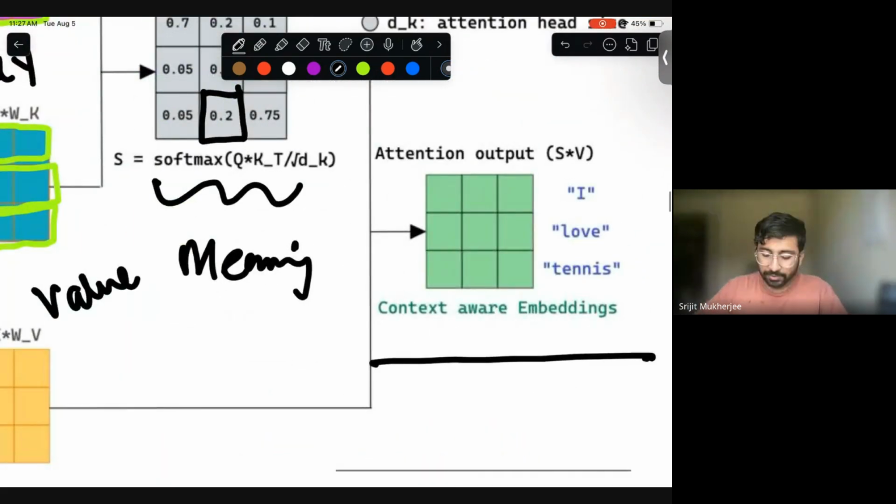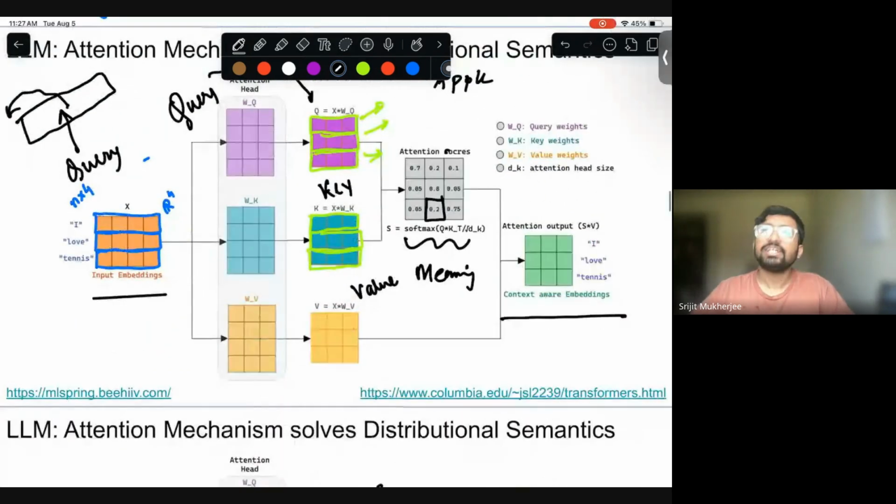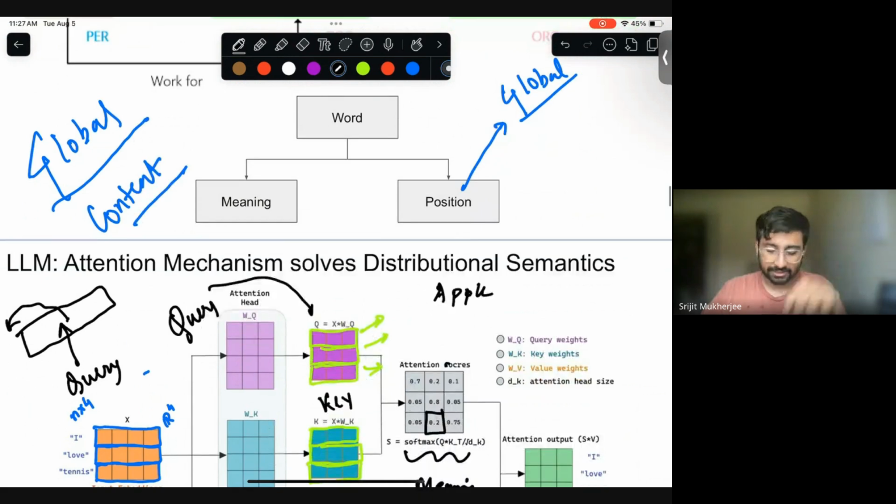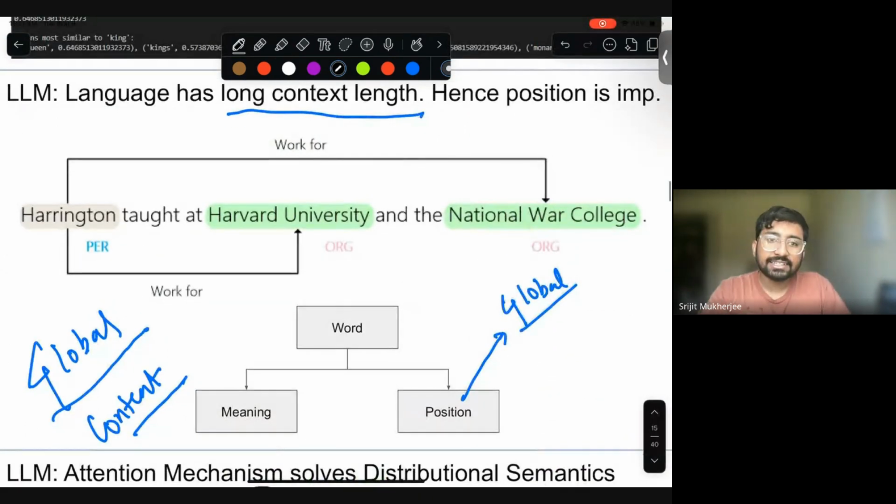So this attention score is therefore the relationship between individual word pairs, the keys and the values. Now, the attention score is there, but we want it to be inside this new value. So you can think of it like this. Let's say you do it for the first time, exactly as Ritik has mentioned. Let me take that example. Harrington is not related to Harvard University right away in meaning. But if you train more,